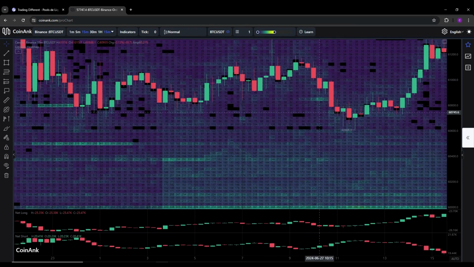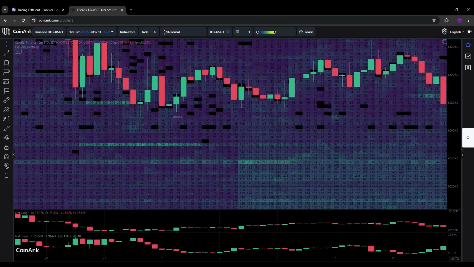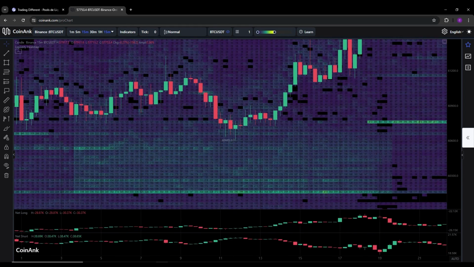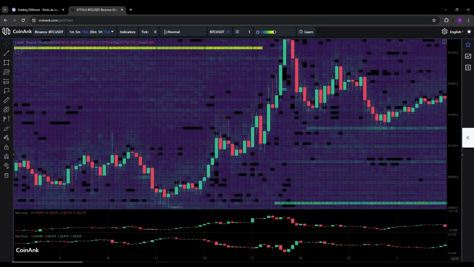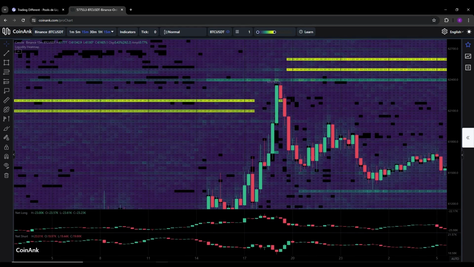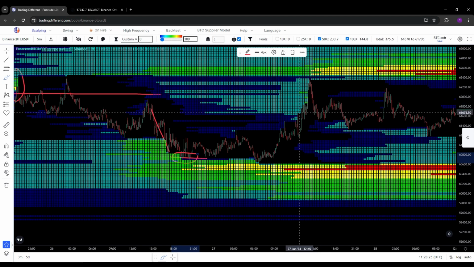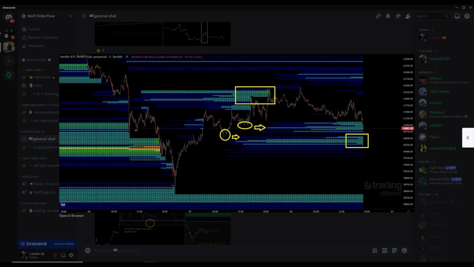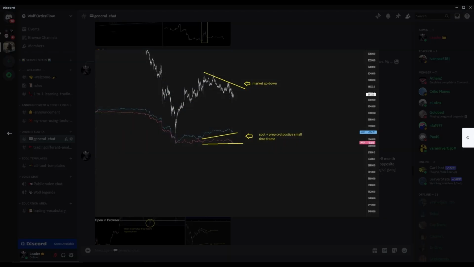But first it conducted an upside liquidity hunt because short positions were being opened here. The market did not want to give them any profit, so going up first to hunt their stop losses was the market's first priority. On Discord, I posted that I will wait for the liquidity hunt and then open my long position. I have posted a picture of aggregated market CVD.